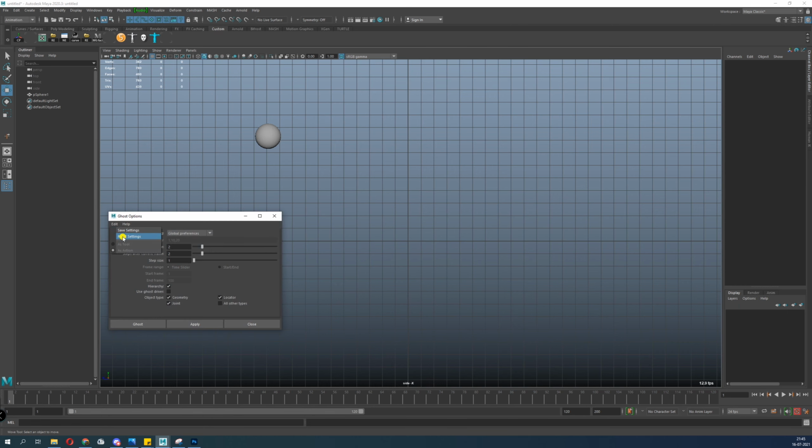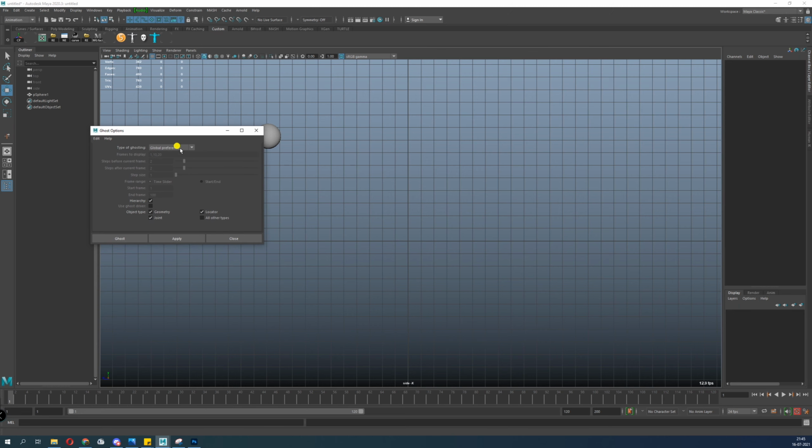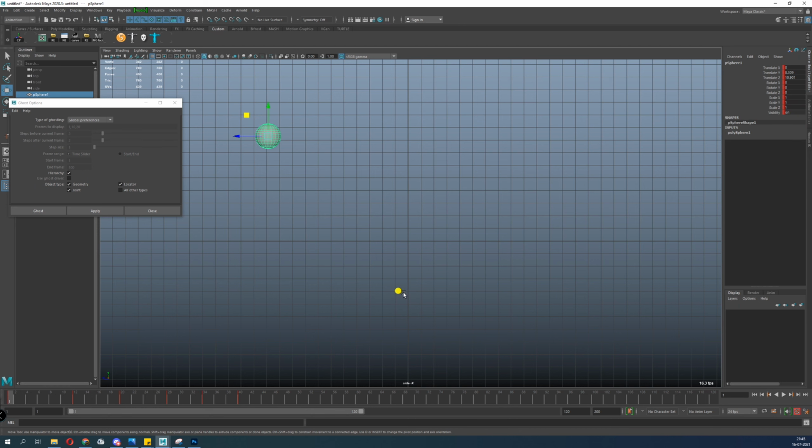Okay, I'll just reset everything. So this is going to be your default. You just select the ball or anything you're working with, and apply. So what happens? It's creating a few frames ahead and a few frames back. You see what's happening ahead and what's happening in the back. It's really nice to check your animation and judge what's going on.